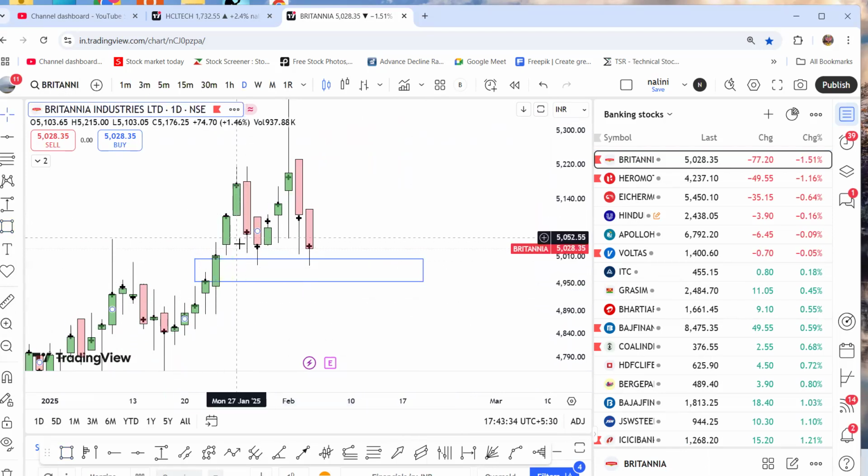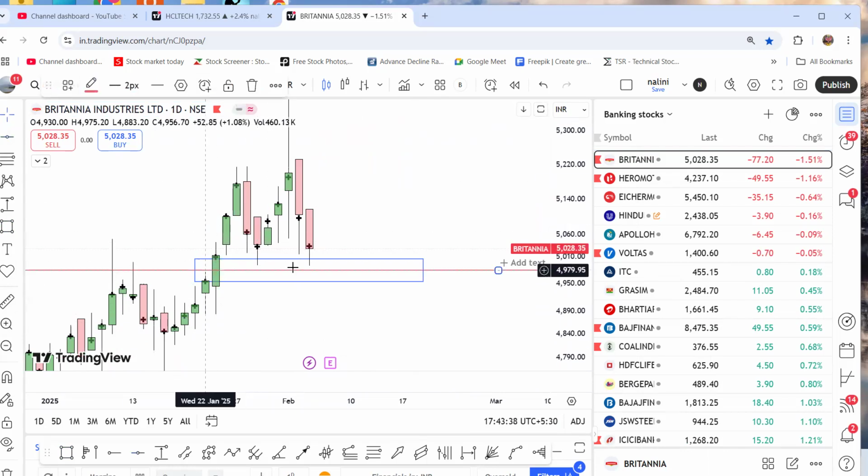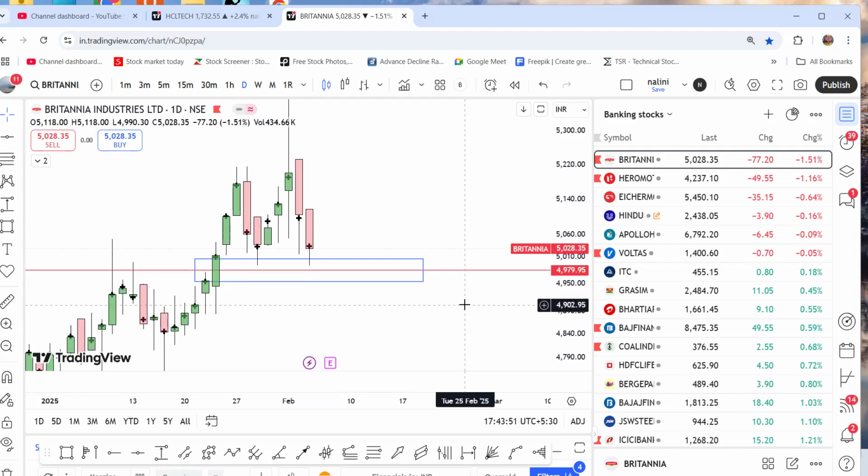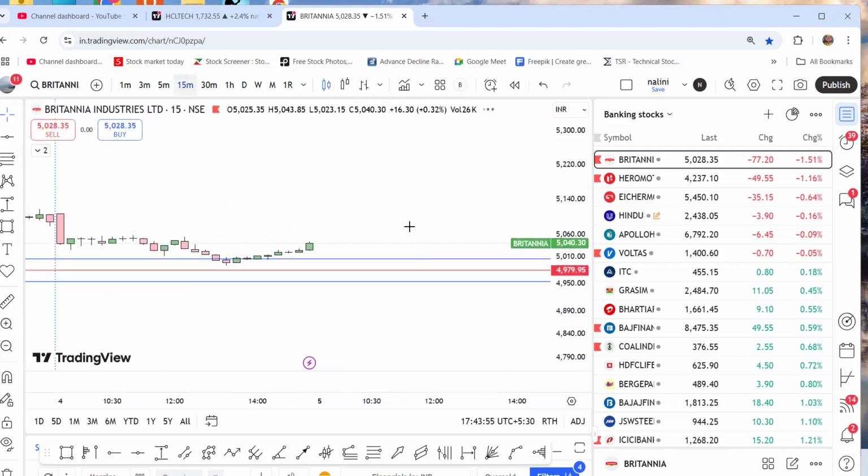So first time when it came and tried to, see, if I mark clearly, that is the high of the candle. First time it came down and it has come down to this level. Again, this time, this is daily chart, it has penetrated into the gap, and if I change the time frame,